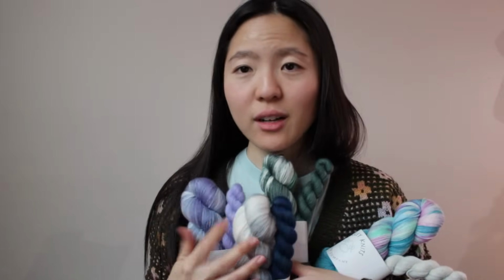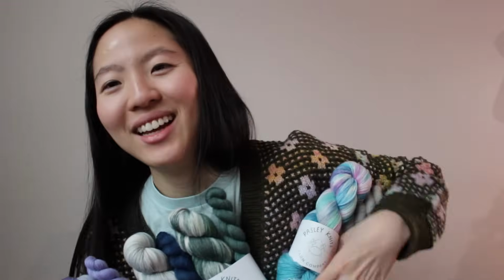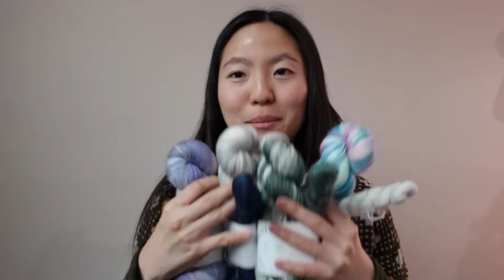I love all the sock sets that I got this year as part of the seasons box from Paisley Knits, and I haven't knit anything with them yet. Collection-wise, I just wanted to see them all together. So now that I have all 4 of them, I can see them all together and start planning what I want to knit with them. So that is the sock sets, and I just realized the one thing that I left in my room,